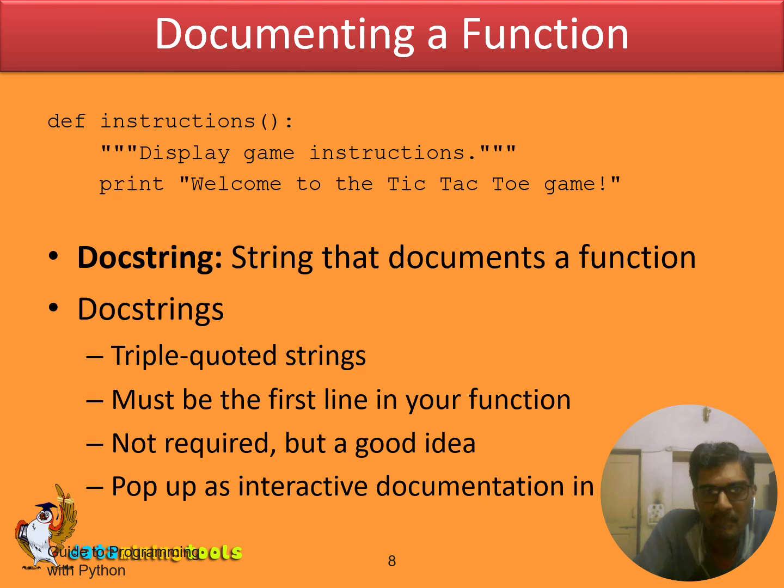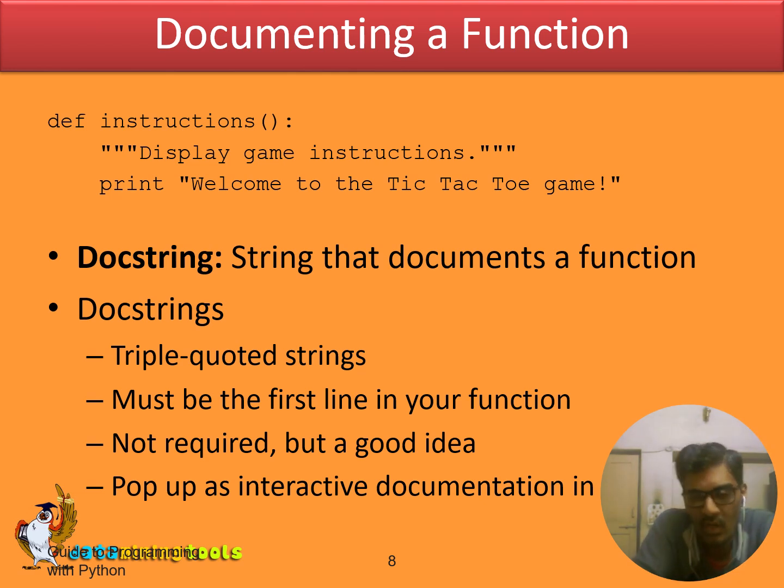Next, documenting a function. To document a function, we use triple quotes, this is also called a docstring. This is written on the next line after declaring the function header, and it includes instructions for the coders to understand what the function does. It's not required, but it's a good idea to write what it is, because most of the time there'll be